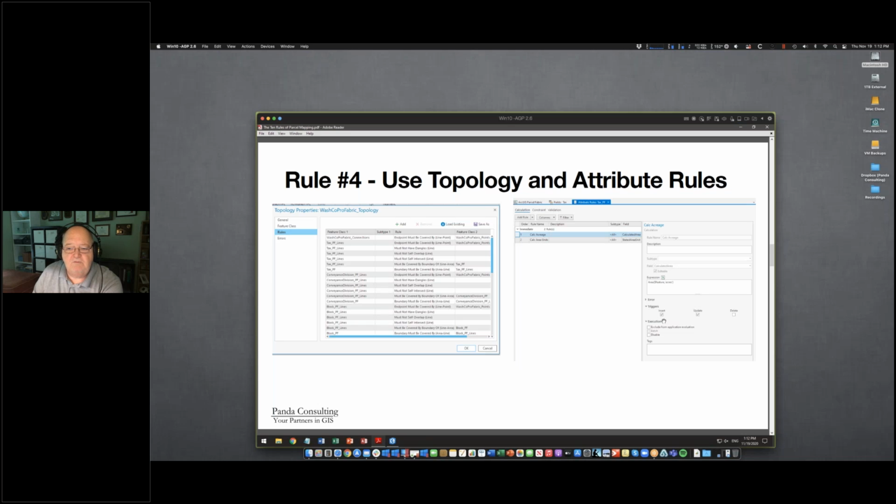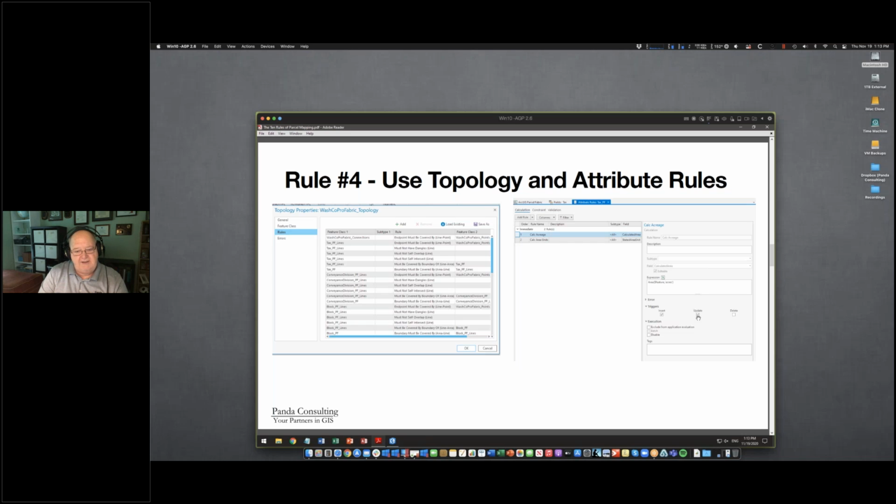And then we have triggers. Well, when are we going to do this? In this case, the triggers are set so that anytime we insert a new feature, anytime we create a parcel, go ahead and run this rule. And also, anytime we update this parcel, so anytime we change the location of it or change the location of one of the corners on it, or anytime we clip it or split it, go ahead and recalculate these on here. So rule number 4 deals with how and when we go and apply rules to the information that we